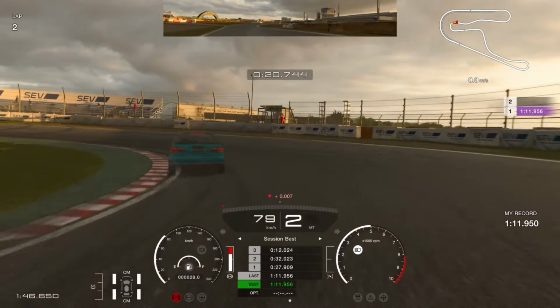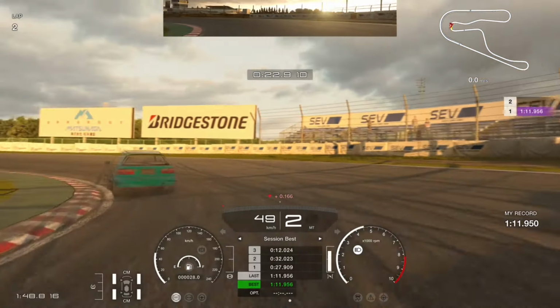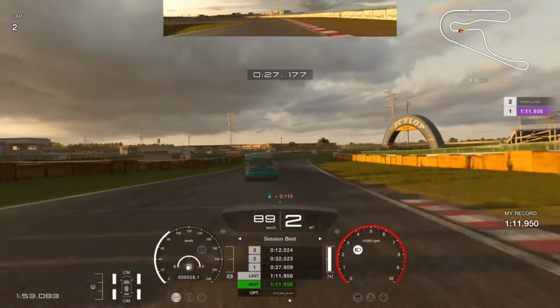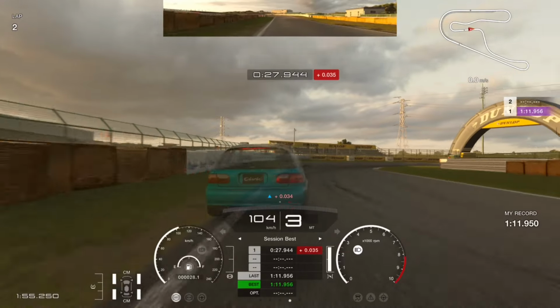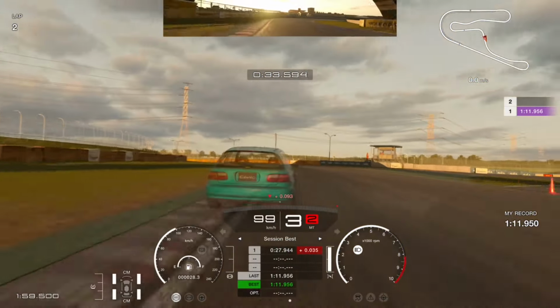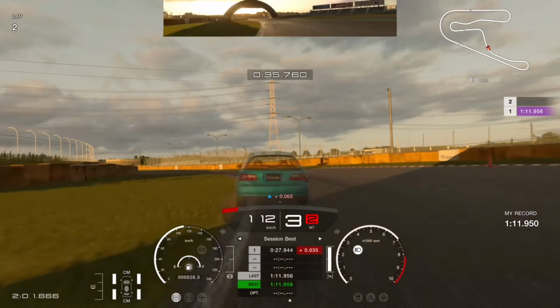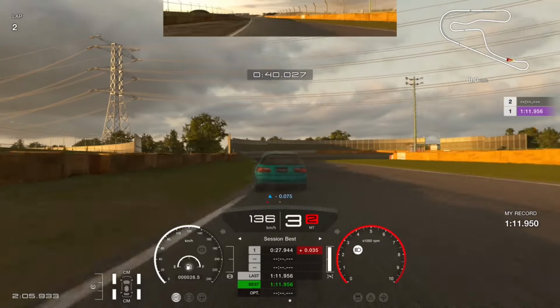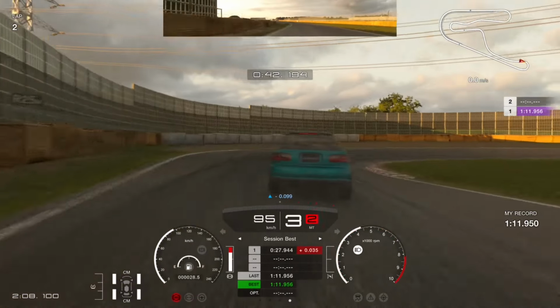And once again, trying to make the car rotate. That was a bit too deep. Maybe I got a bit too excited there, but maybe we are gaining a tiny bit on the exit there. And just trying to coast through this corner, get back onto the power, revving out the car, just stay in 3rd gear. We're coming up towards the green bit on the left hand side, seeking towards the inside,